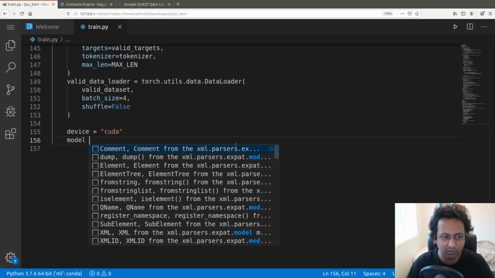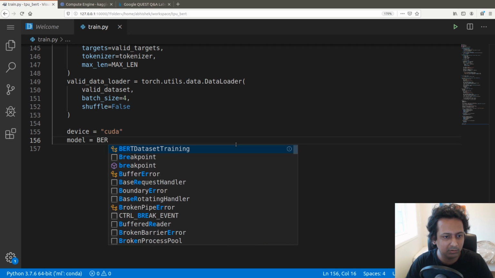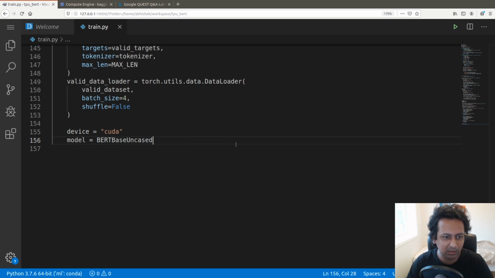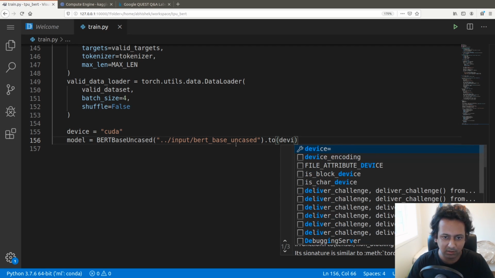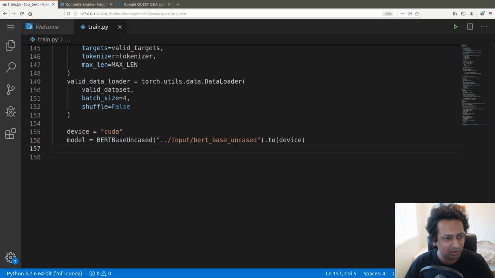And then the model, so model is BERT base uncased, and it requires the BERT path. So path is BERT base uncased, to device,